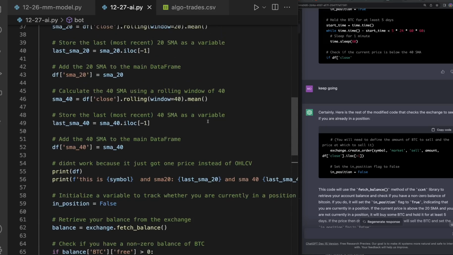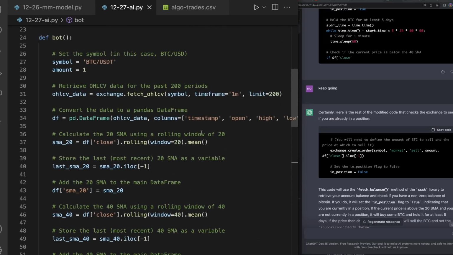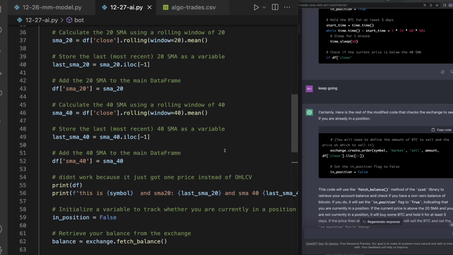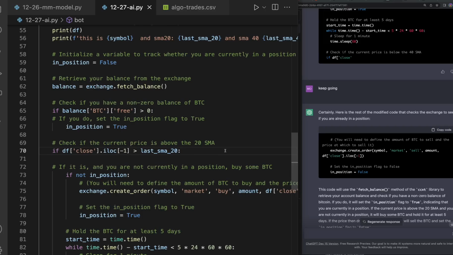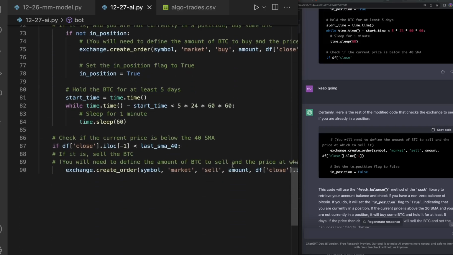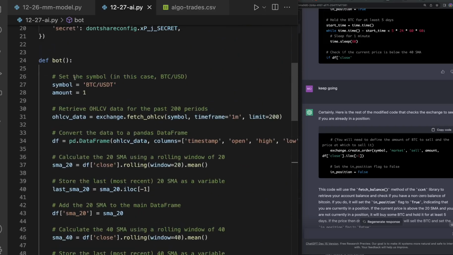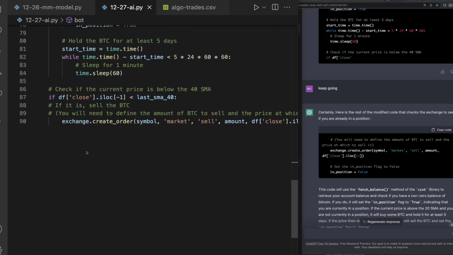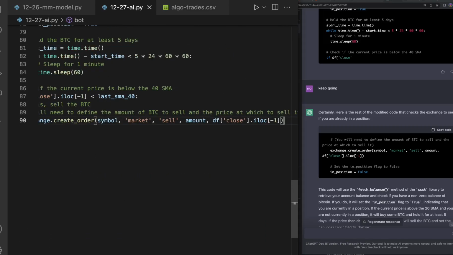It's an expert as it has all the information needed, but it's also a noob in the fact that you have to really massage it to get the right answers. And so now I put it into a function, and now I can say, hey, let's loop this function forever. And that will allow me to run this bot 24/7, 365. So how do I loop forever? Well, let's go ahead here